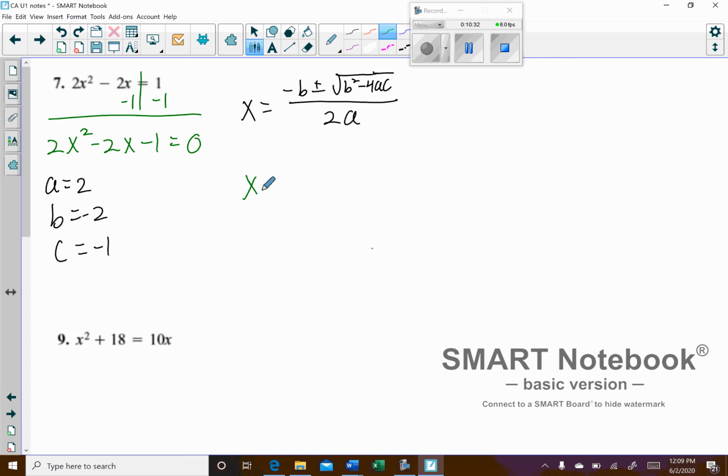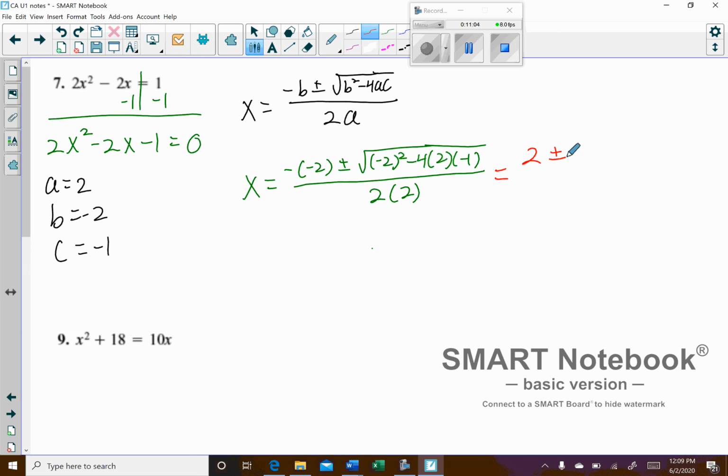All right, so now we'll start filling in what we know. So we're going to have negative 2 plus or minus the square root of negative 2 squared minus 4 times 2 times negative 1, all divided by 2 times 2. And like I said, it's kind of just preference. I like to try to work from left to right until I run out of room, and then I'll start working down the page. So the double negatives right here will be a positive 2 now, plus or minus the